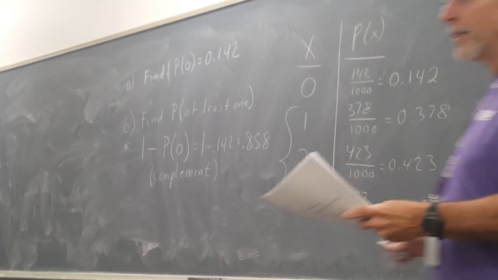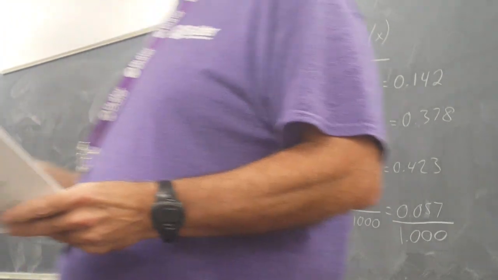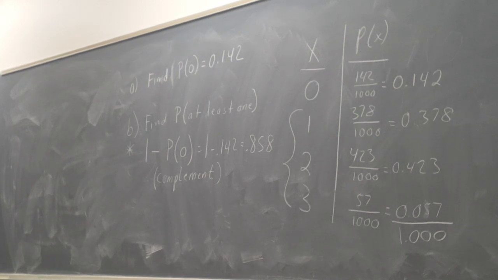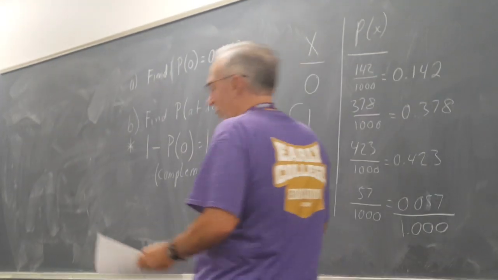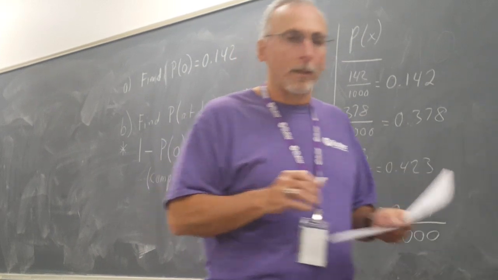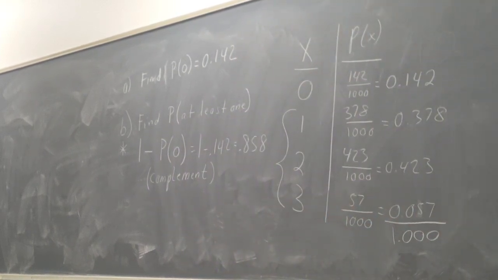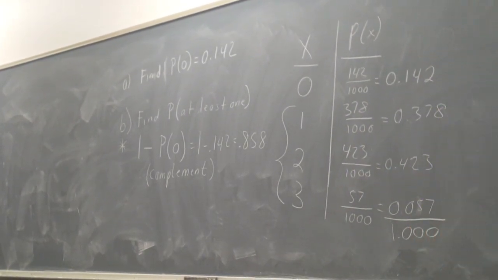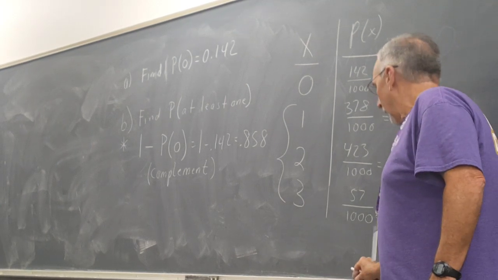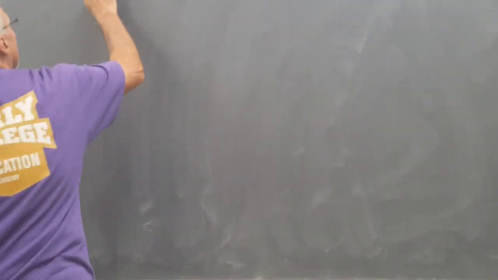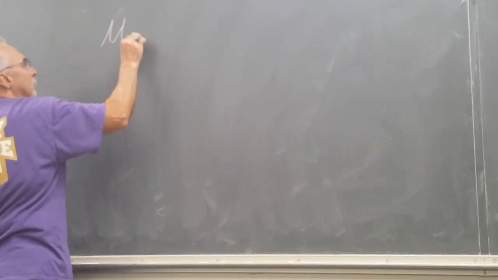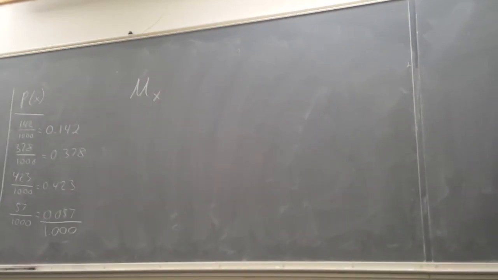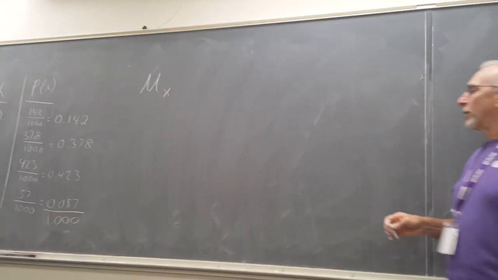Now, the next thing, when we get into statistics, that we always want to find for some reason, is the mean and the standard deviation. We always look for those. So if you look on your next page, if I want to find the mean of a random variable, I'm going to erase my histogram here. Remember, notation for mean is mu, and the little x is only there because we're talking about a random variable x. So the mean of my random variable,